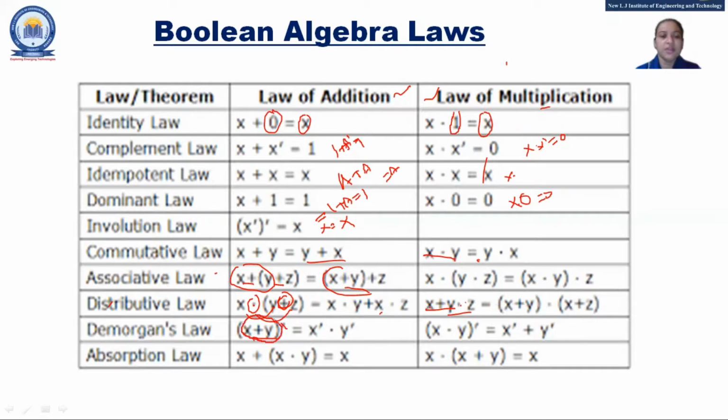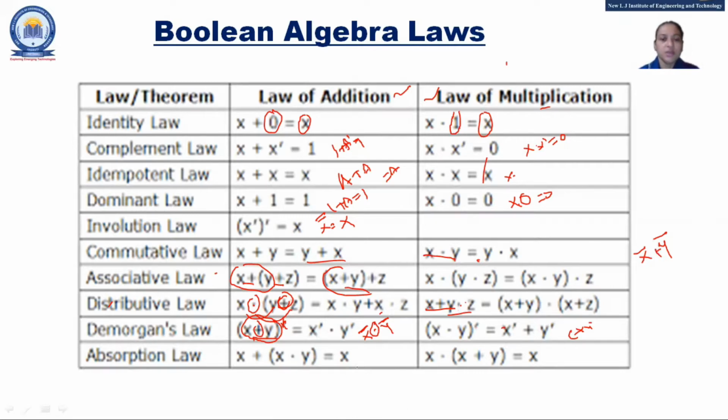Now the very important theorem, that is De Morgan's theorem. If we have addition of two variables and we take the complement of it, what does it return? The individual complement of each and every variable involved, and if we have an addition, it returns a product, that is, multiplication. Similarly, if we have a product of two variables and we take the complement of it, it returns the individual complement of the two variables, and where there is a product, we put plus here.